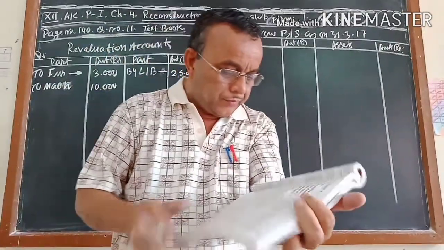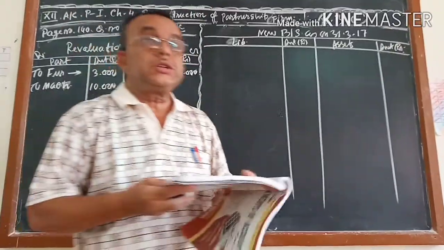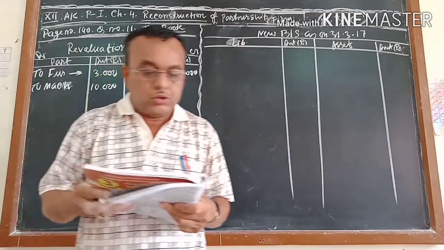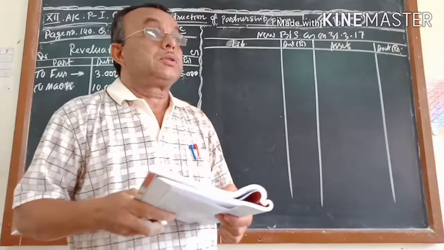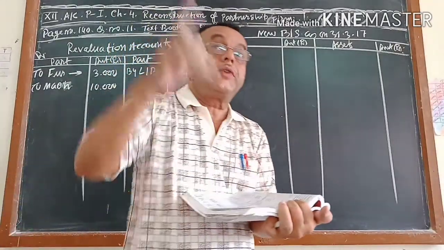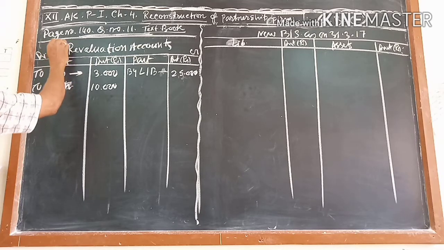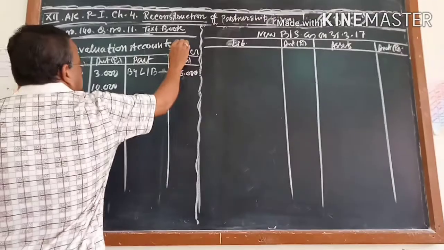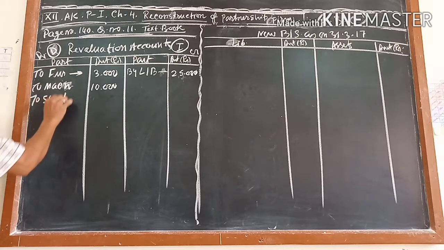Number 4, the book value of the closing stock is 5,000 more than the market value. Closing stock, how much do you have? You have closing stock of 40,000. 40,000 is the book value, and the book value of closing stock is 5,000 more than its market value. That means book value is more, market value is less. That means the closing stock value is reduced. Reduced means this is a debit side item. Or you can write, this is a decreasing side, this is an increasing side. So stock, how much?